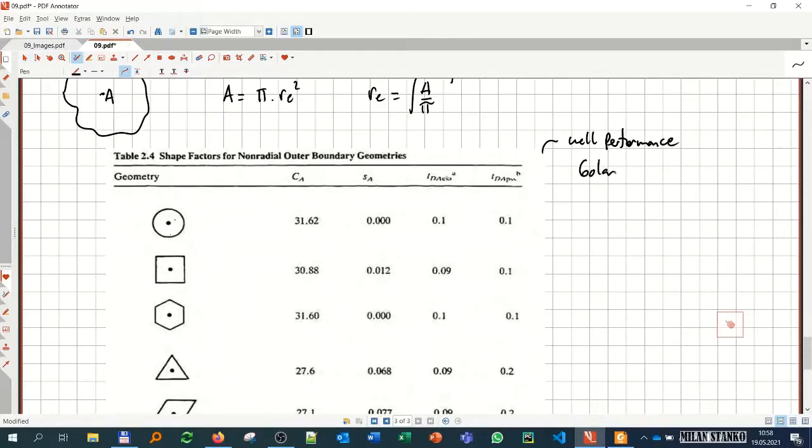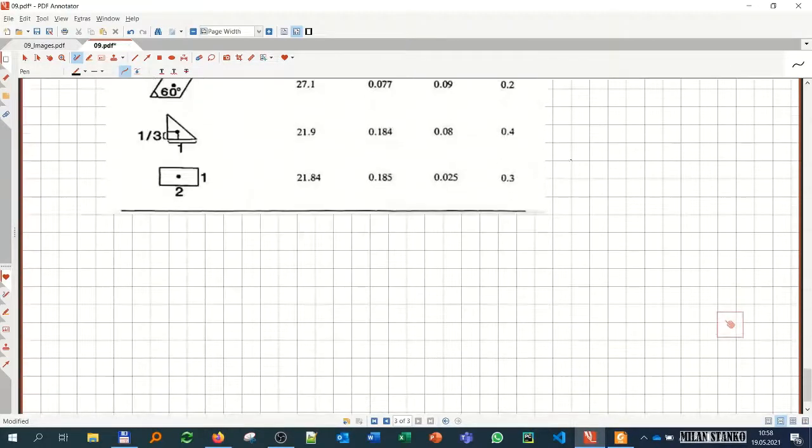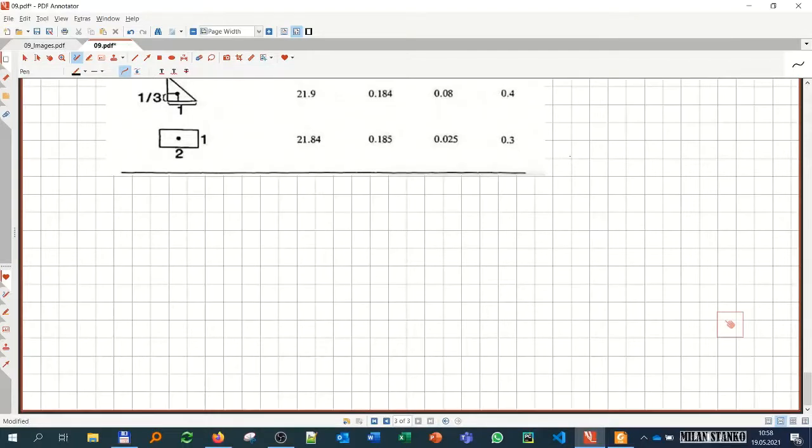From Golan and Whitson. Okay, I think this is the second edition. So that's another way to include this non-ideality. Okay, other cases that can also be analyzed with skin